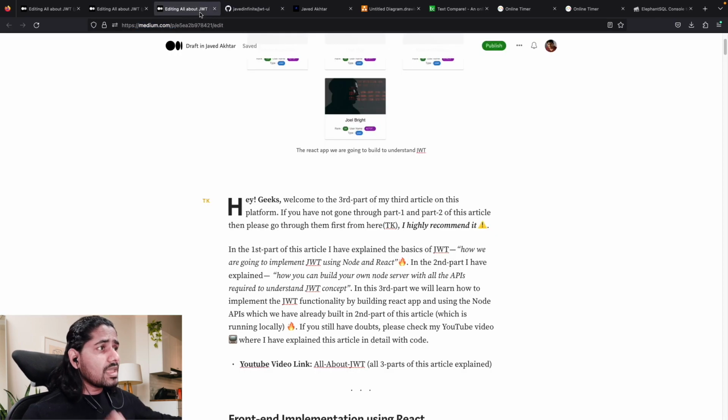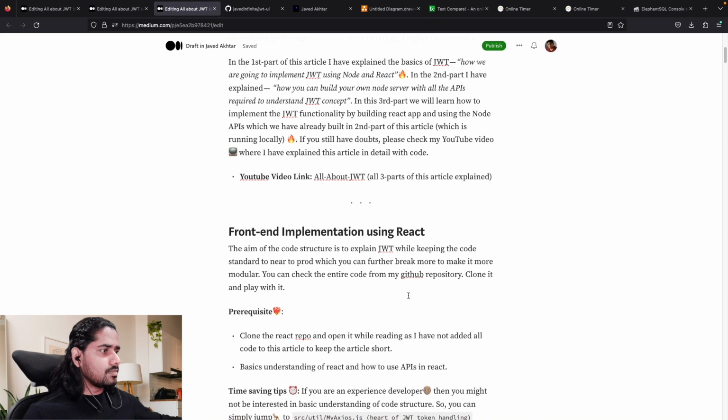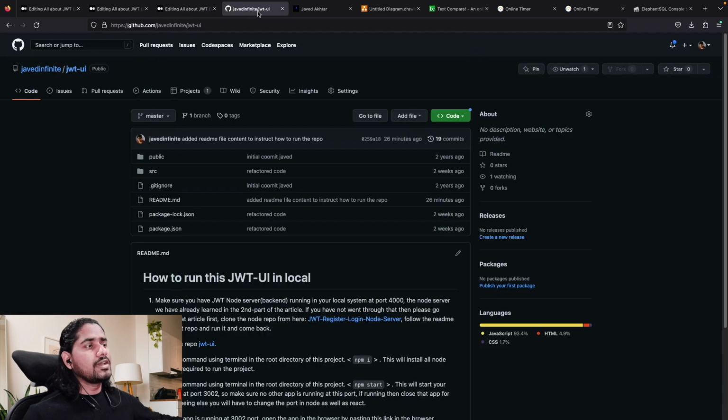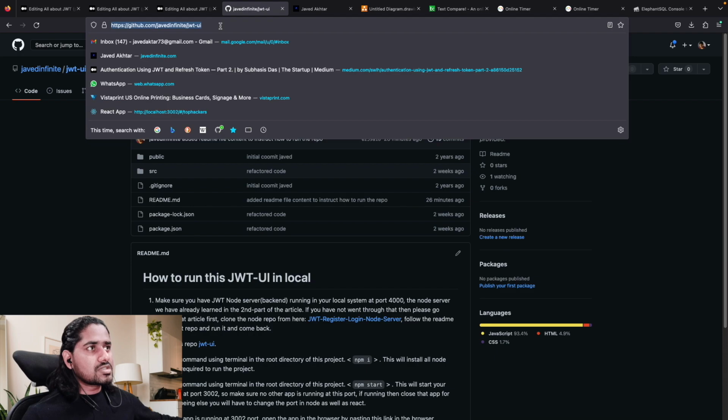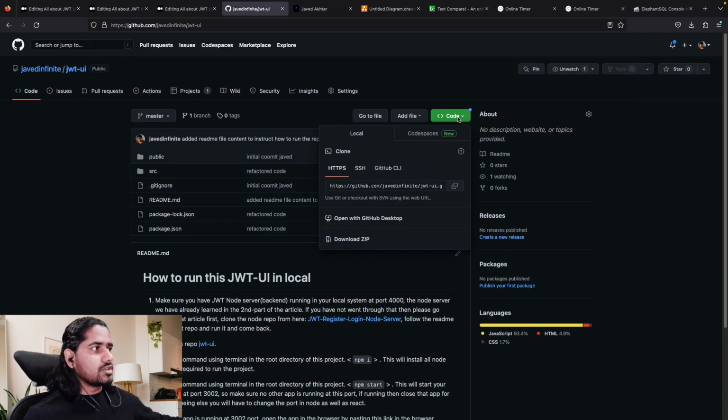I will also provide the JWT link here in the repository UI in the article as well. So don't worry about that, for sure you will get that. When you reach this page where we are trying to understand JWT UI, here you can first clone it. To clone this, what you can do is first